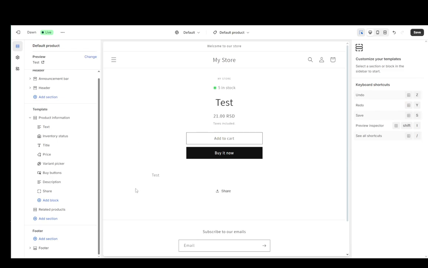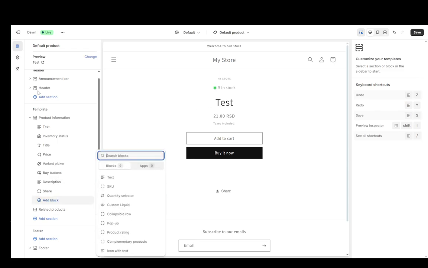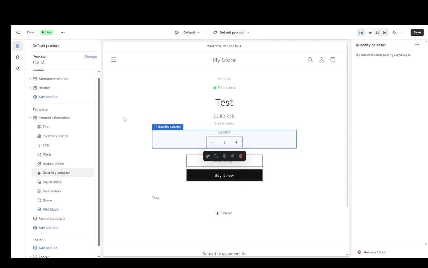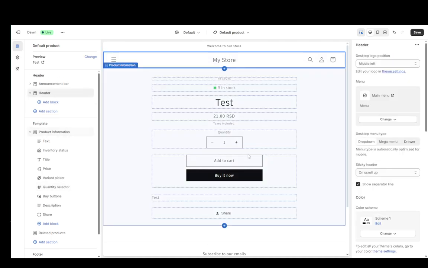Now that it's gone, what you're going to want to do is click on add a block here to the left under template, and you're going to search for a quantity selector. Click on that, and that's going to add the quantity selector to the bottom. Now you can click on it, drag it, and place it wherever you want. For example, above the buy buttons like it was before,